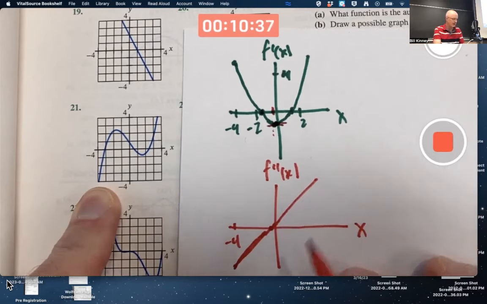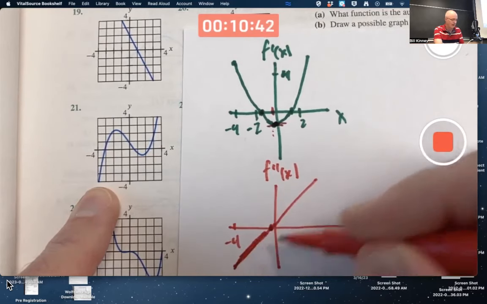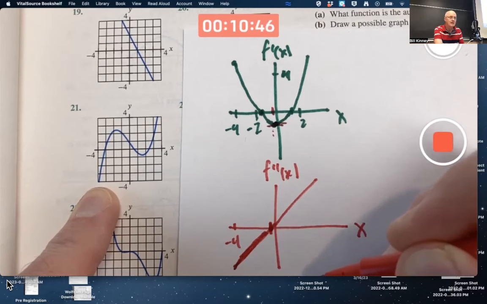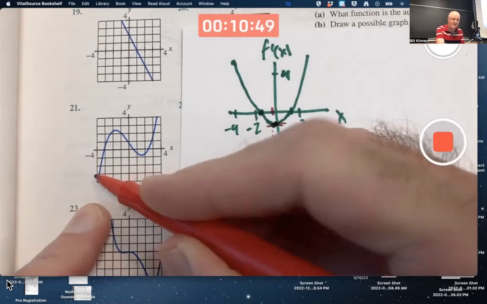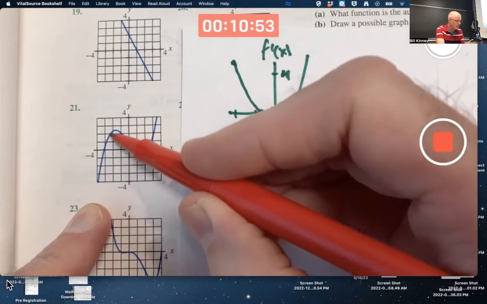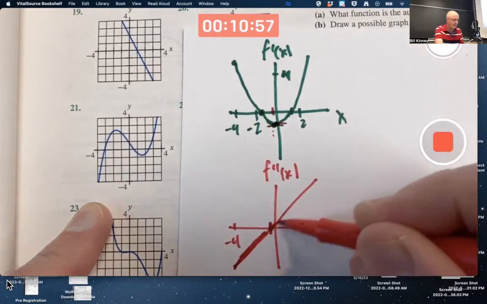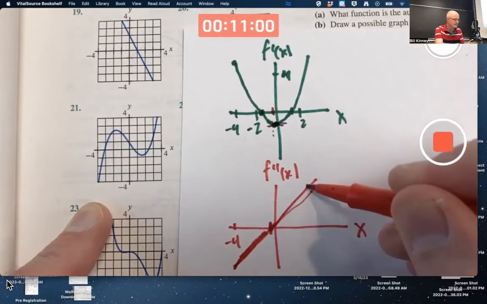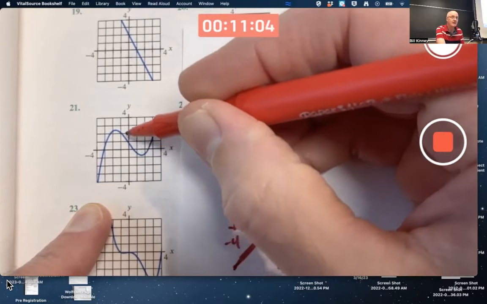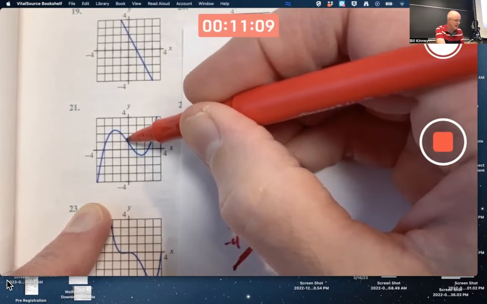Take a look at this red graph and compare it with the original graph. This red graph is negative when x is less than this number, about -0.2. That's where this graph is concave down, part of a frown or a full frown. Right there, that's where that graph's concave down. When f double prime becomes positive, that's where this graph is concave up, a smile or part of a smile. The place where the graph changes concavity, right about there,